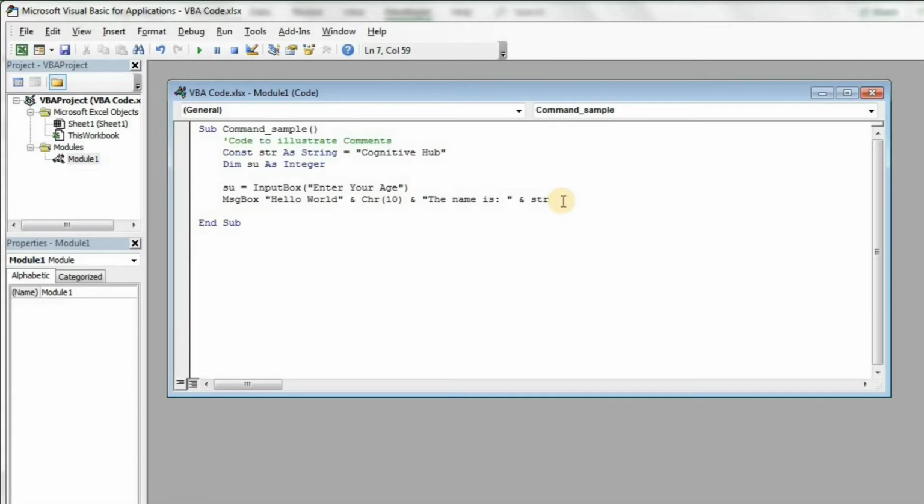If you want to print that particular age in the message box as well, you can write an ampersand. You can better write chr of 10 here as well. Ampersand, age is, ampersand su. So this is the message that you finally receive.